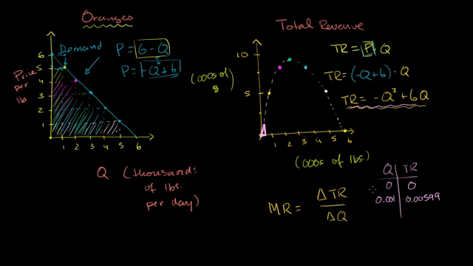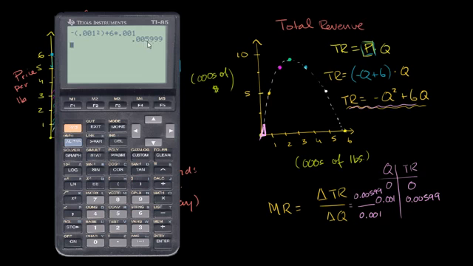Our change in quantity is 0.001. So our delta Q, this right over here, is 0.001. That's our change in quantity. And our change in revenue is 0.005999. And so we just have to divide that top one, our change in total revenue, divided by our change in quantity, divided by 0.001. And we get